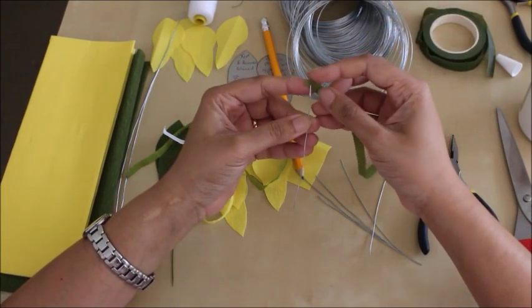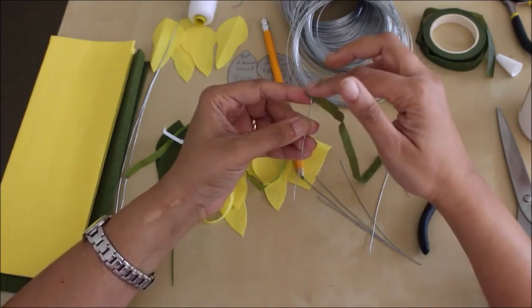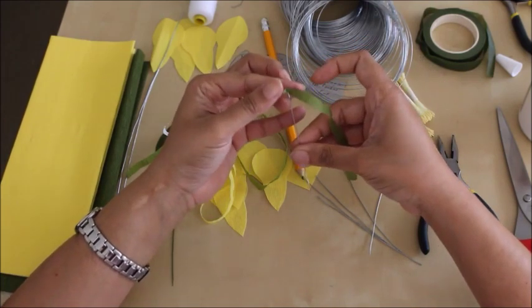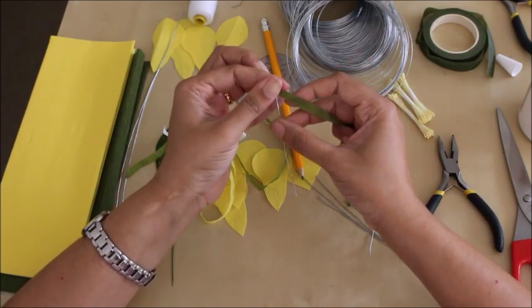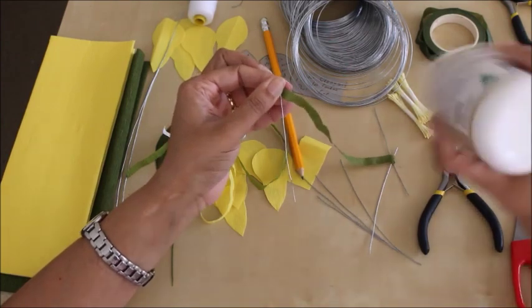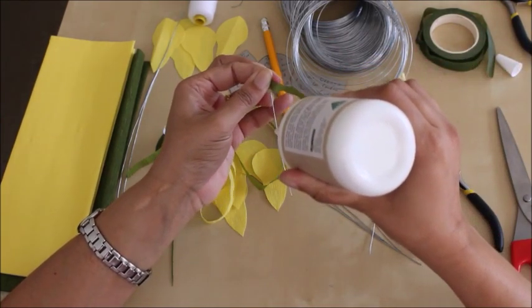Hold your paper at an angle. You want to cover the top of the wire. Make sure that that is secure. That way the tip of the wire is not visible. All right? Fold that down and then firmly, yet without using too much pressure, glue